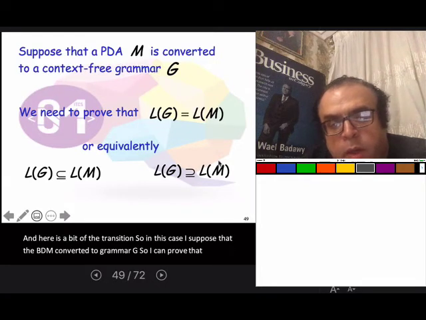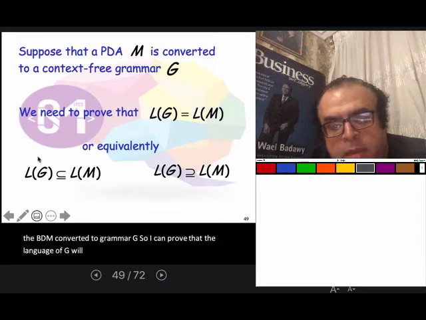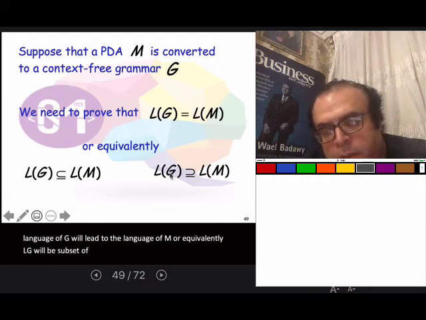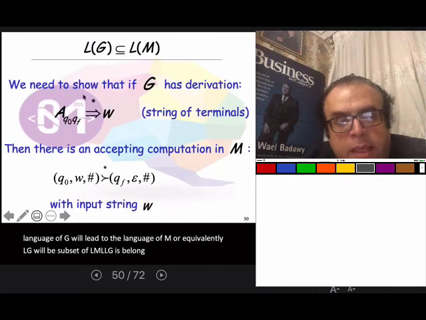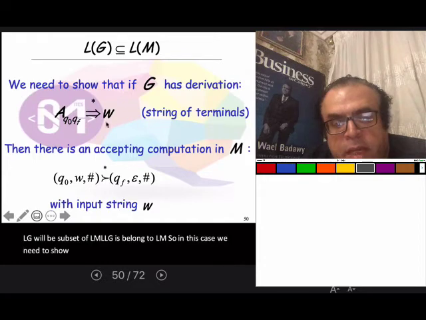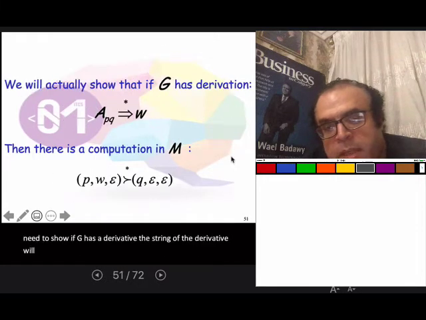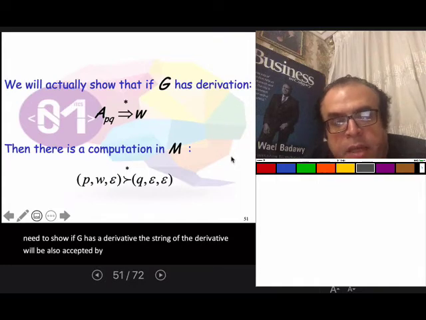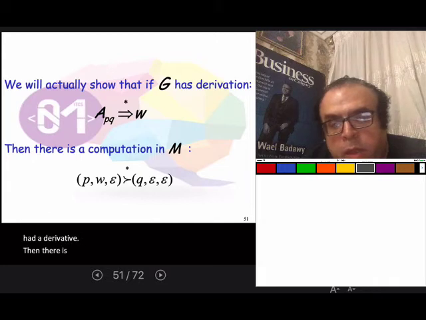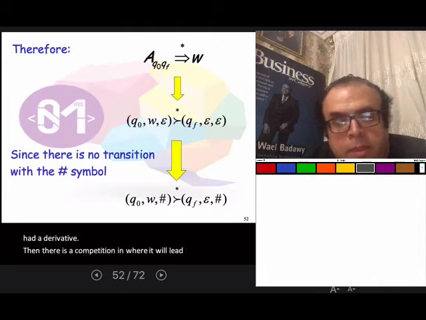of G will lead to the language of M, or equivalently, L(G) will be a subset of L(M). So in this case, we need to show that if G has a derivation, the string of the derivation will also be accepted by the machine M, and if G has a derivation, then there is a computation in M which will lead to the accepting states. Therefore,